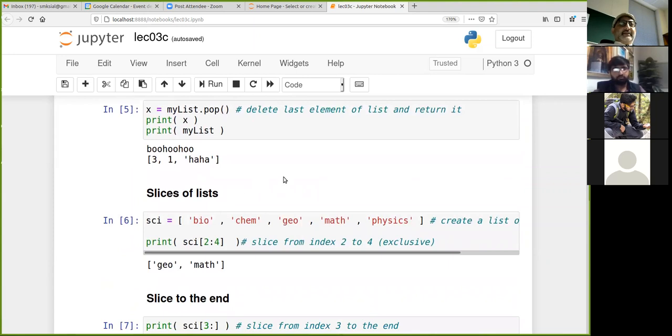Now, slices of lists. Let's create a new list. Here's a list of sciences. Sci is the list: bio, chem, geo, math, and physics. So I've just created a list of sciences. Now I ask for a slice, sci[2:4]. You may recall that what that meant was I want a sublist, a slice of the list